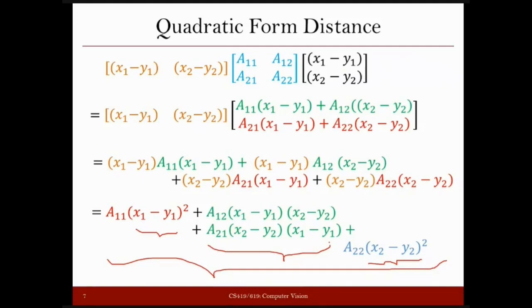Now, when you introduce these two terms here, how does it help us? If you see what we are doing here, we are multiplying x1 minus y1 with x2 minus y2. The idea here is that suppose the first feature, which is basically represented by x1 minus y1 here, is similar to the second feature.